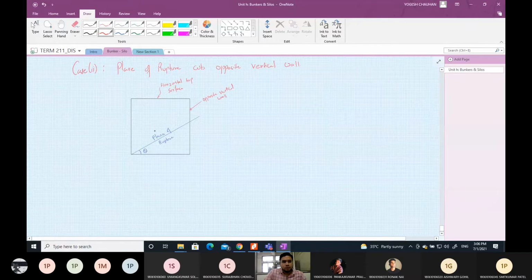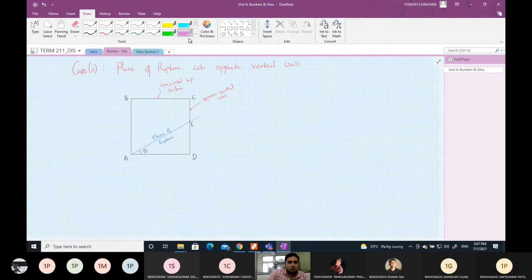Now here, let us say this is A, B, C and D, and let this plane of rupture cut the opposite vertical wall at E. Okay. So the portion of the wedge will be